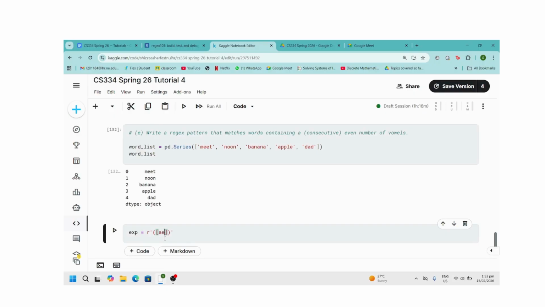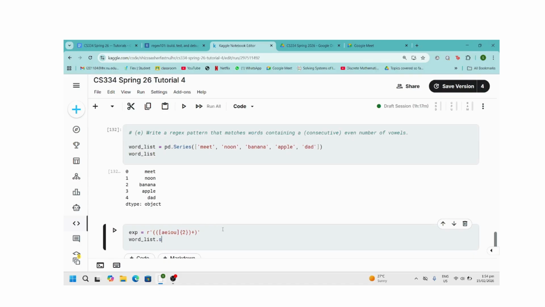So I'm going to write A, E, I, O, U for simplicity. And I want this to occur 2 times. अब ये जो complete चीज है, इसके इर्द गिर्द मैं round brackets डाल देती हूँ और plus कर देती हूँ. इससे क्या होगा, ये जो 2 times occur कर रहा है उसके आगे अगर plus है तो that's once and more. So जो भी occurrences हैं वो 2 से multiply हो जाएंगी, either 2 times और 4 times और 6 times and so on and so forth. So I could do